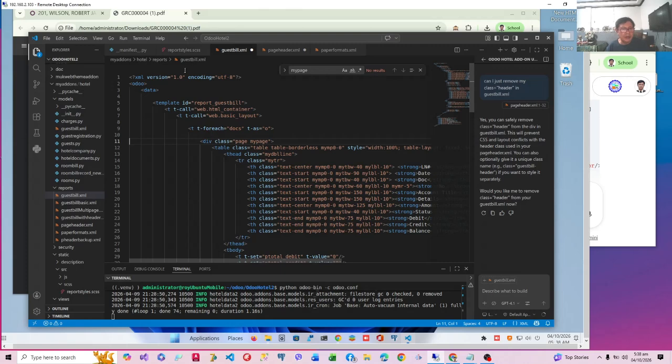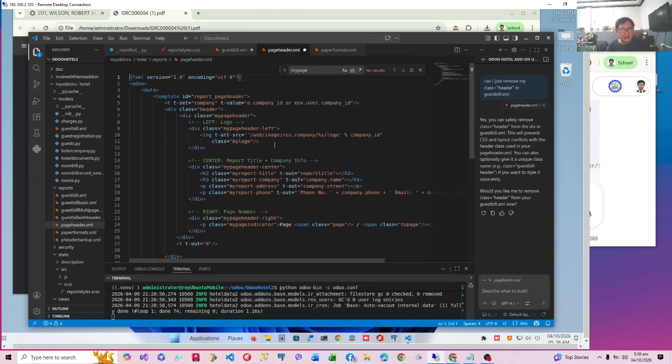So there it is now. There are three sub divs. The first div, which is the left div, shows our logo. The second div, which is the center div, shows our company information.